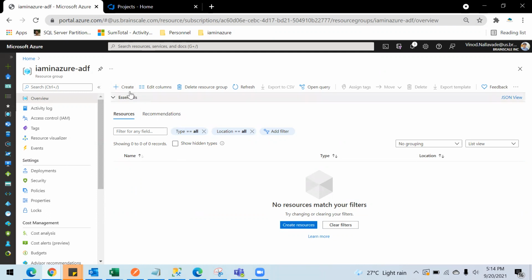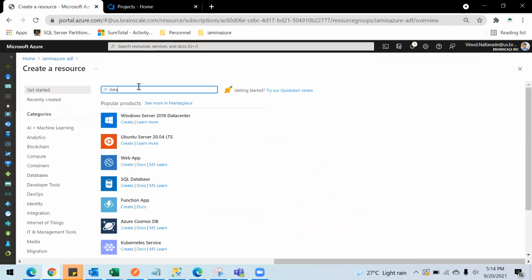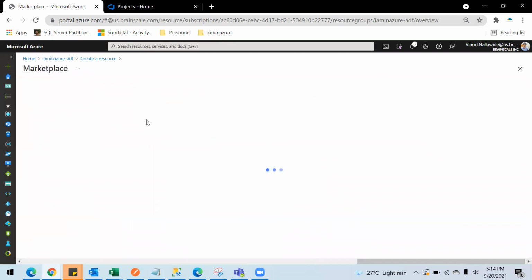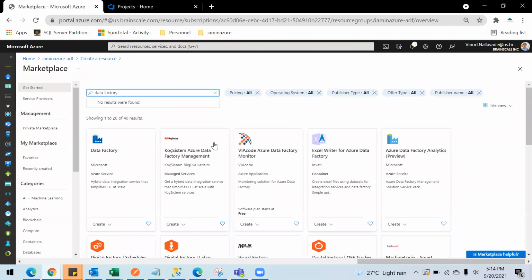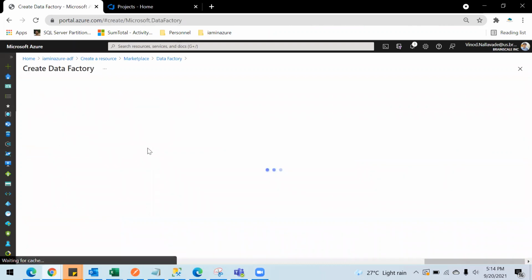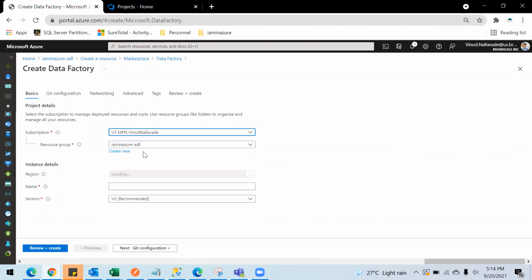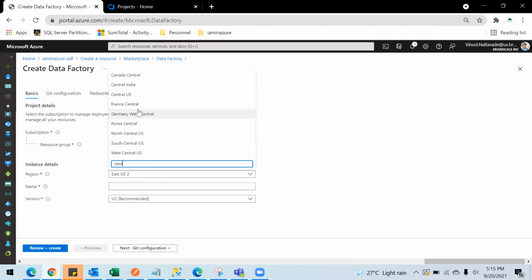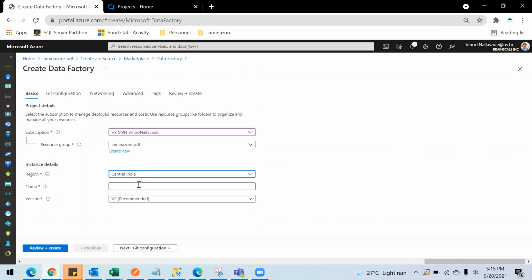To start with, I will create a data factory. You can search for data factory and create one. You select your subscription, the resource group, then the region, then you can name your ADF service.